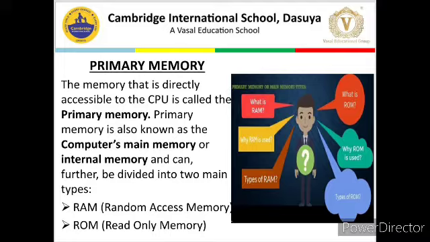The computer's primary memory is the memory directly accessible to the CPU. It is also known as the computer's main memory or internal memory, and can further be divided into two main types: RAM and ROM.